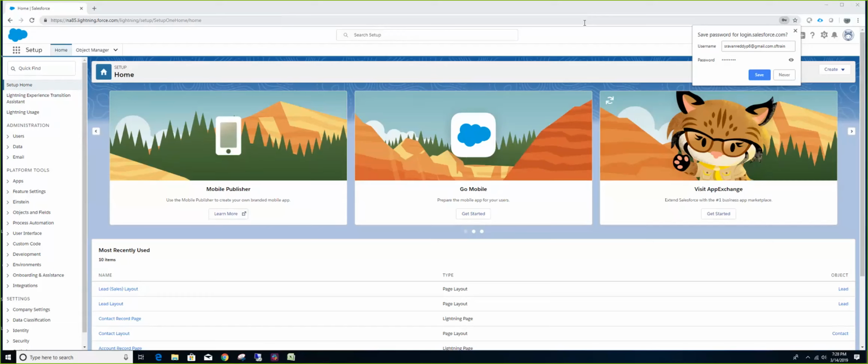Okay, and then you have something called cross-object formulas. Cross-object formulas are nothing but formula logic that will help you, within the same object, write a formula and refer to other fields. At the same time, you can also travel to the parent and get the values. For example, account and contact. One account can have multiple contacts. If you're writing a formula on the contact object, you can always grab the value from the parent, because